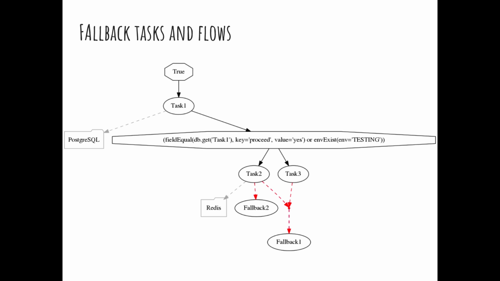It's also worth stating that once you run a fallback, you can return to normal execution of your flow based on your configuration. So when you provide that you would like to run, for example, task 4, once fallback 2 finishes, you can do so just by putting the edge configuration